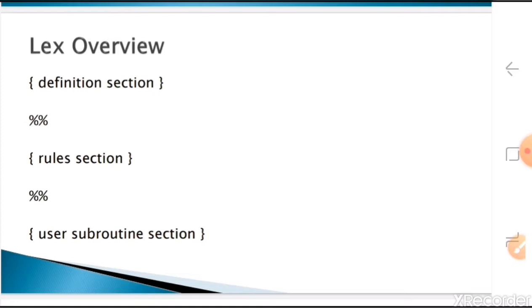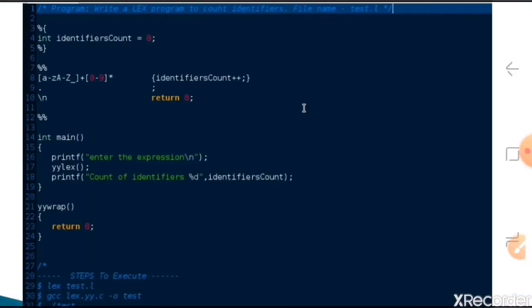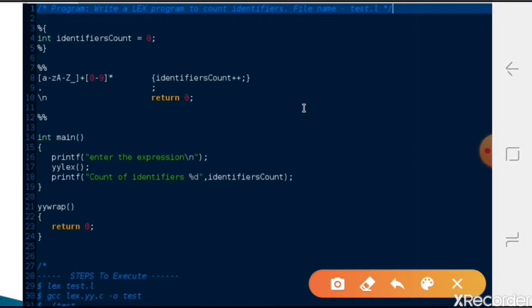Let's see one example we already studied. The program's intention is to write a Lex program that counts the number of identifiers. First we write the definition section, where we declare just one variable, identifier count, initialized to 0.